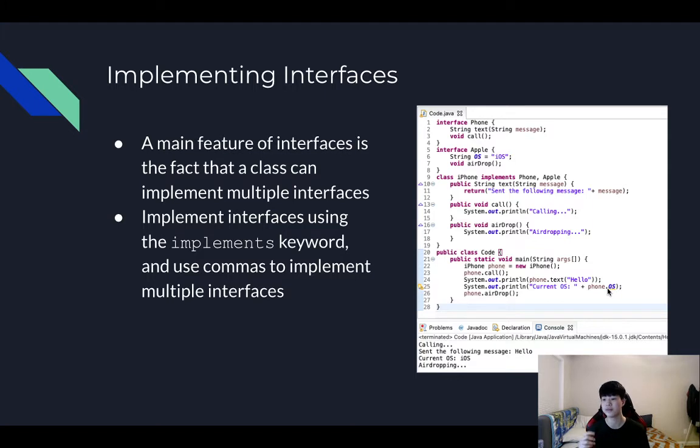And remember, all variables or attributes of an interface are public, static, and final. Because they are public, you can just go ahead and do phone.os. Actually, even if they were not public, this would be possible. You can see there's a yellow line on that OS, and there's a Java warning. Basically, that warning means it's a static variable, so it's good practice not to call it with an instance of a class. Instead, I could just say